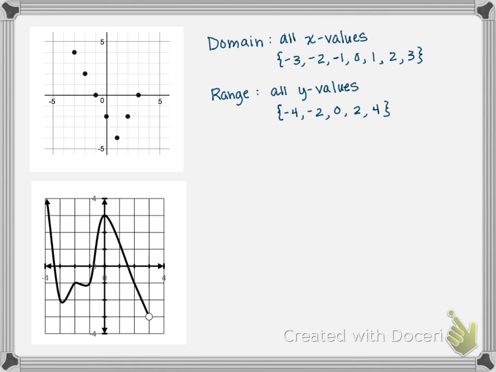This guy is a continuous graph, which means I'm going to use intervals. And when we do domain and range here, you want to think of the domain as the leftmost point up to the rightmost point. And then the range, the way we read, we read top to bottom, and so it's tempting to think top to bottom. But remember that intervals go from the smallest value to the largest value. So when we do range, we want to go from the bottommost point to the topmost point on the graph. So my domain